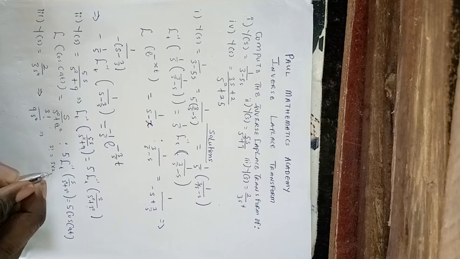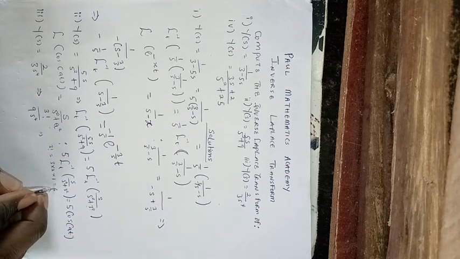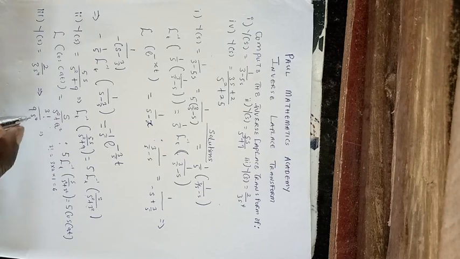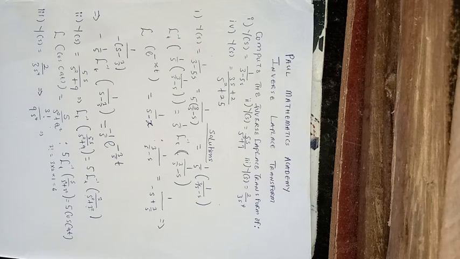3 times 2 times 1, which is equal to 6. Okay, and then 6 over 9, so that will be what? 2 over 3. Okay, so I can write this as this. So the next step I'm going to take is that